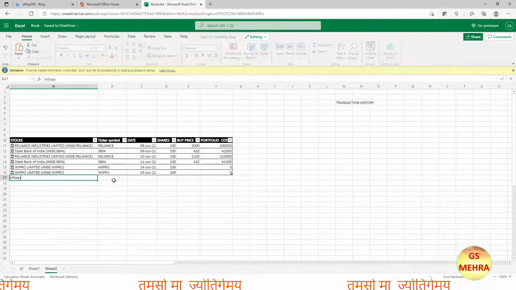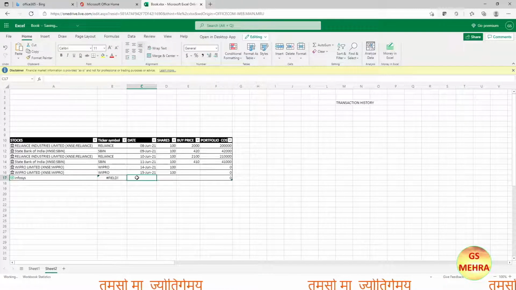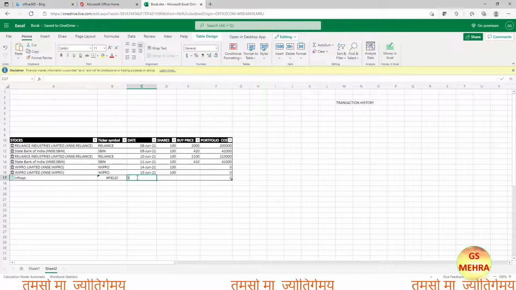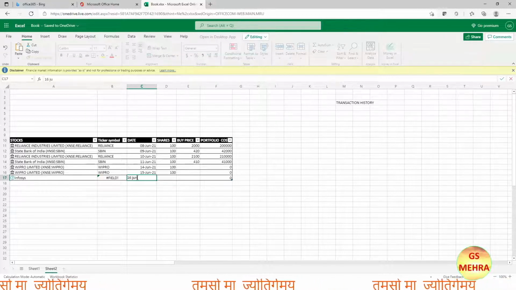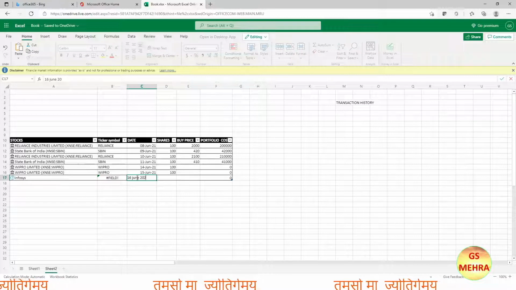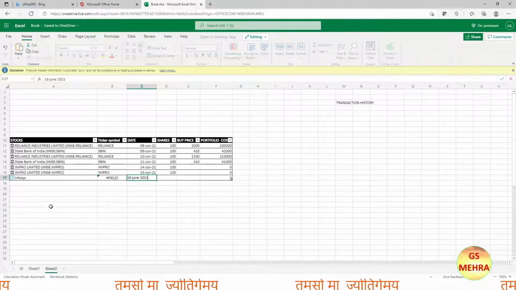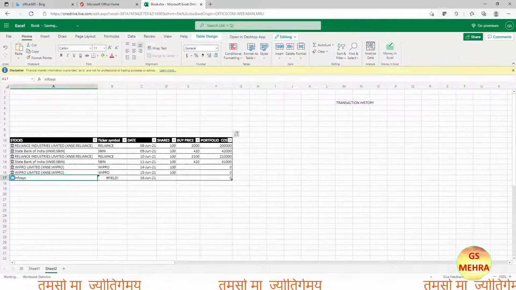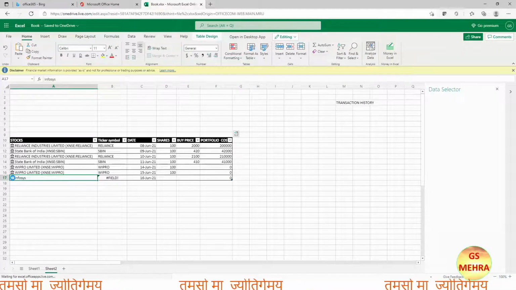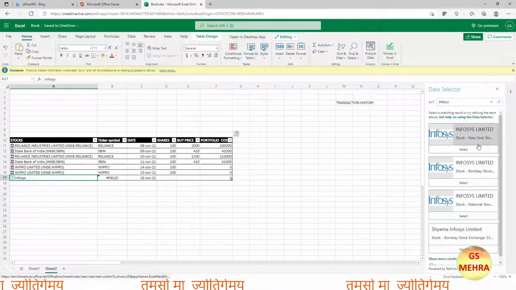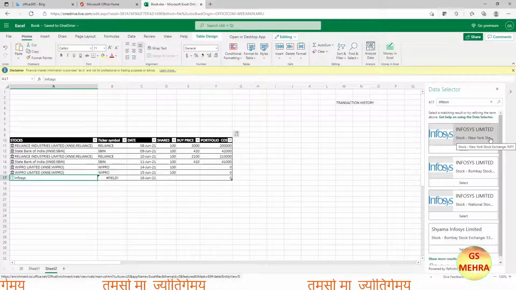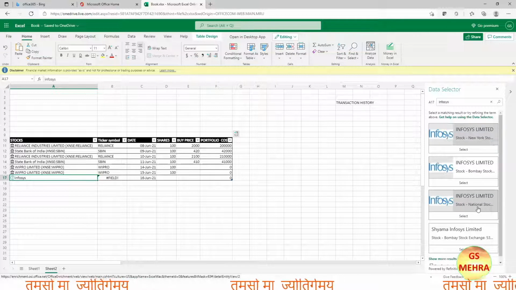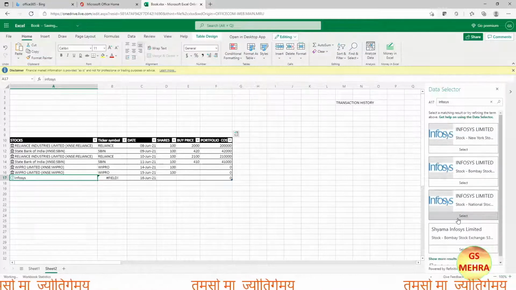Let us take the buy date as 16th June 2021, and the question mark is there because it wants to ask us from which stock exchange we want to buy it. So the options will come here. So this is New York Stock Exchange that we don't want, and then Bombay Stock Exchange, and the third one, that is National Stock Exchange. So we'll click on select, and let us say we are buying here 100 shares.